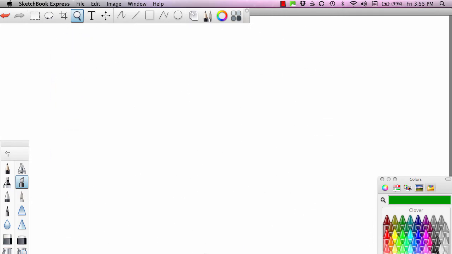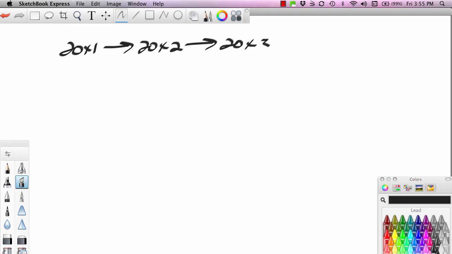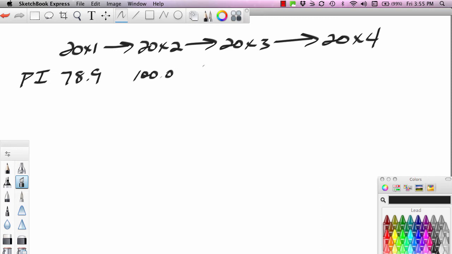Okay, I'm going to actually do all the calculations and then we'll plug them in. So when we go from, in fact, let me just write the numbers across the top here. I think it'll be helpful if I do this. If we go from 20x1 to 20x2 to 20x3 to 20x4, our index data goes what? It goes 78.9, this is the price index, to 100, to 115.8, to